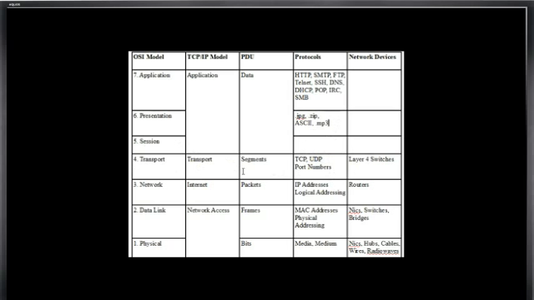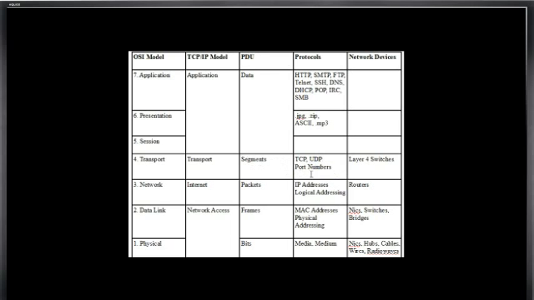the transport layer. The protocols that operate at the transport layer are TCP and UDP, and it's very important. As you can see, the model is called TCP/IP. TCP is a very important protocol on the internet. And at this point, at layer 4, the data is broken into segments,